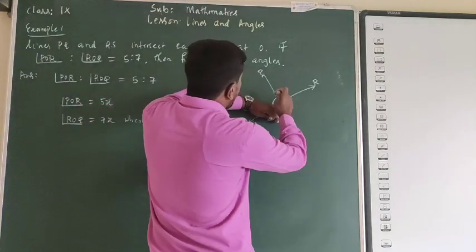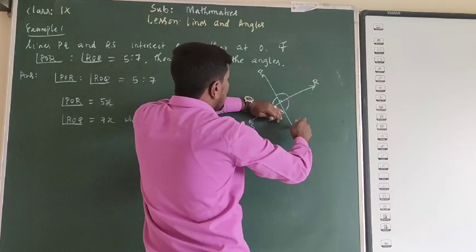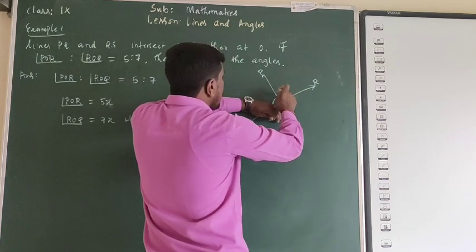So now observe that PQ is a line, OR is a ray, and it stands on the line PQ. So according to the linear pair of angles, if I add these two